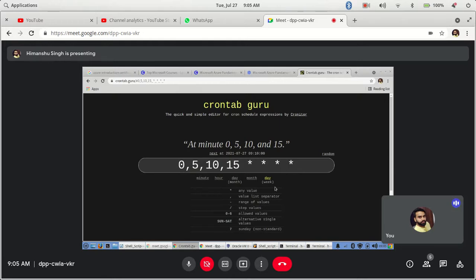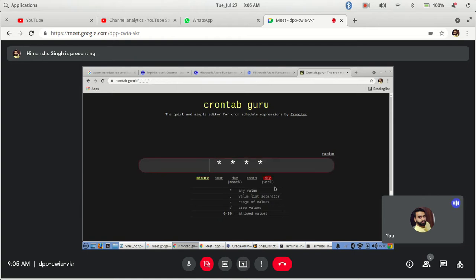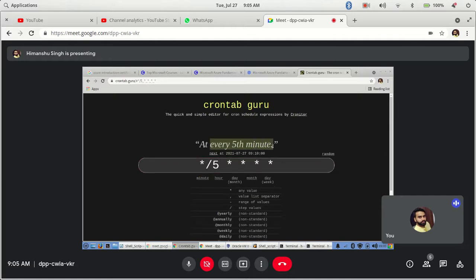But to avoid that, say you want to execute every 5 minutes. This is a very typical task, right? I would have to write 20, 25, 30, 31 till 60, right? So there is an option of step values. What you can do is star, every fifth minute. Whenever the script executes, it will run every fifth minute: 5, 10, 15. It will keep executing the script. Okay, got it?